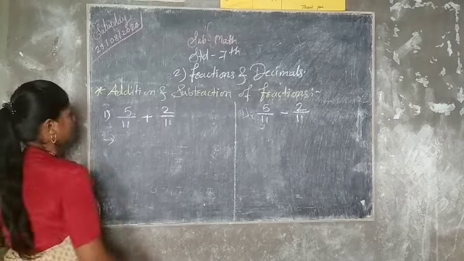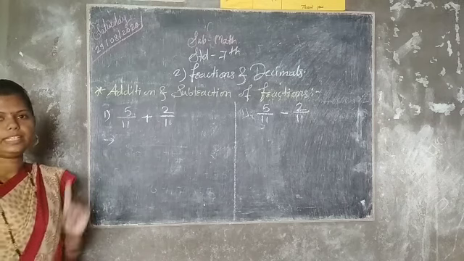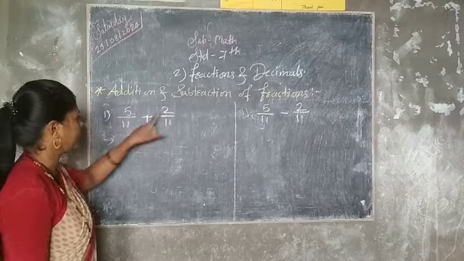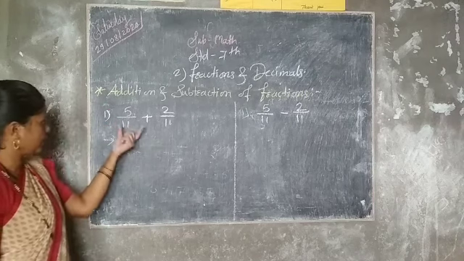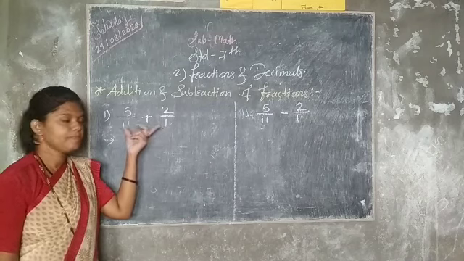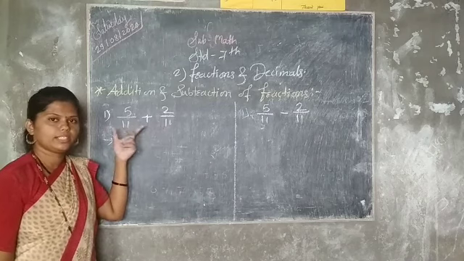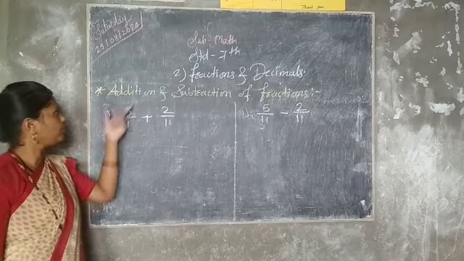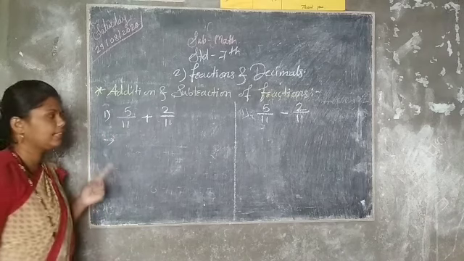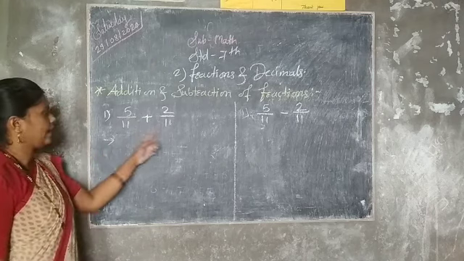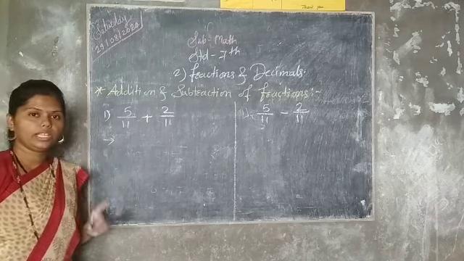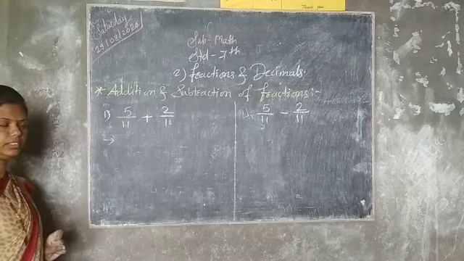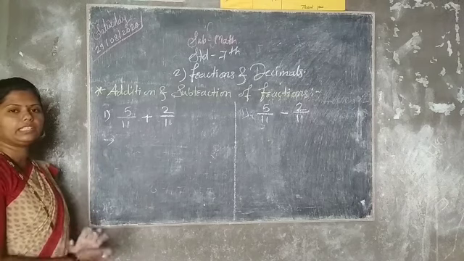See, here you already studied the types of fractions. If you check the fractions 5 upon 11 and 2 upon 11, you can see that the denominators of both fractions are the same, and that's why they are known as like fractions. Like fractions are most important for addition and subtraction. Why did I say this? Because you can add or subtract fractions only if their denominators are the same. That means the given fractions are like fractions.